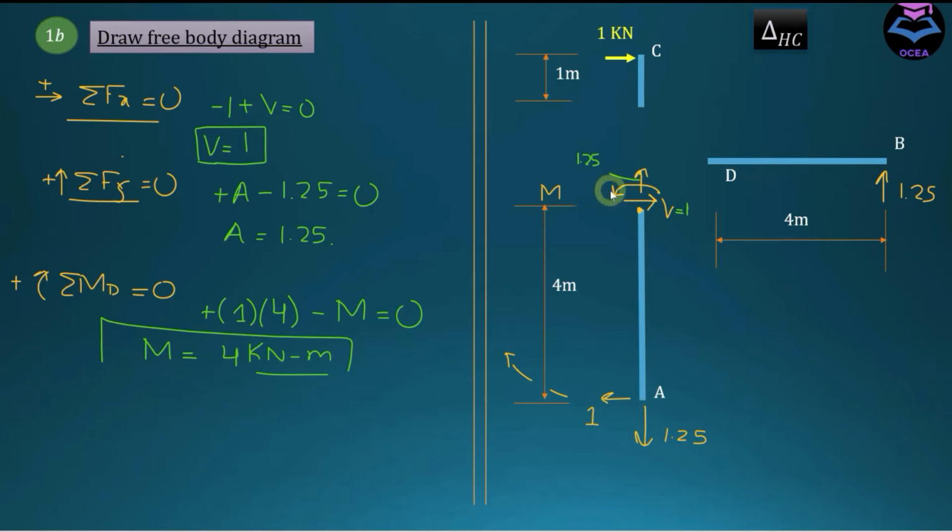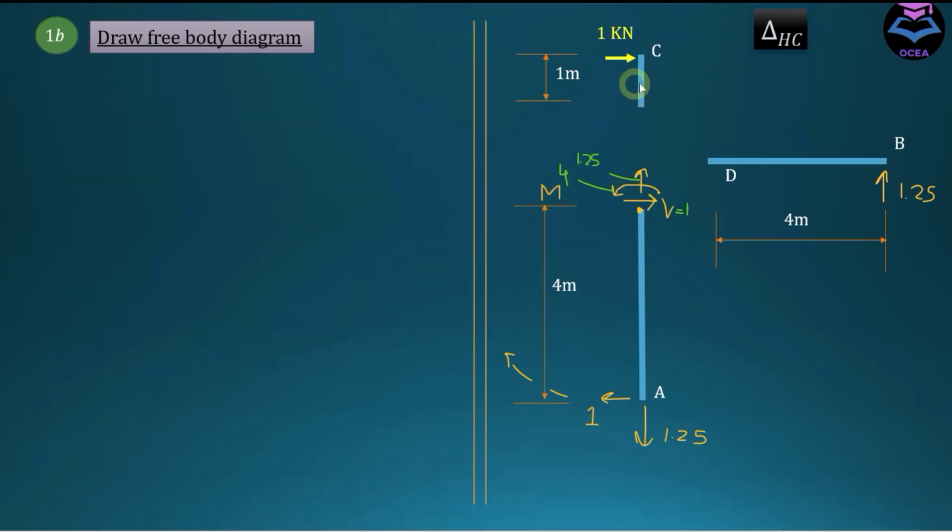So this m is equal to 4. Now let's try to calculate internal forces here. Let's first determine shear here. Let's name it as V. And if I apply summation of Fx equals 0